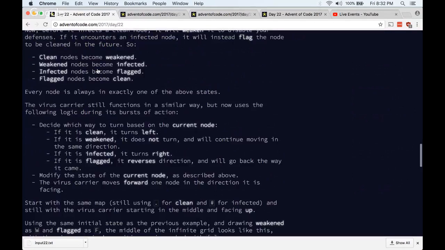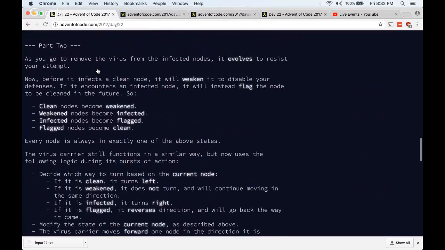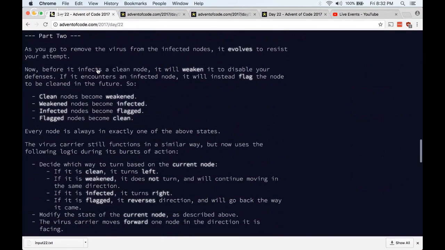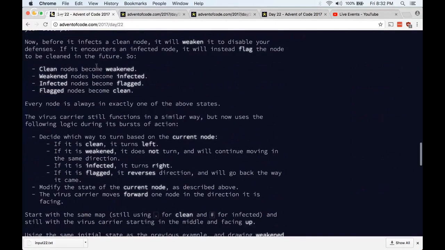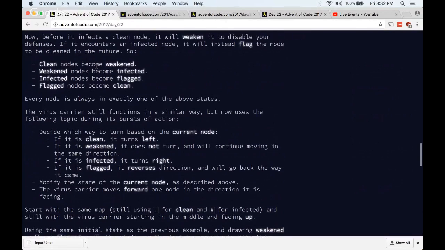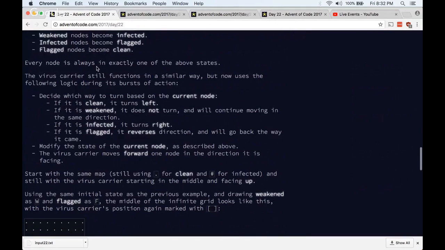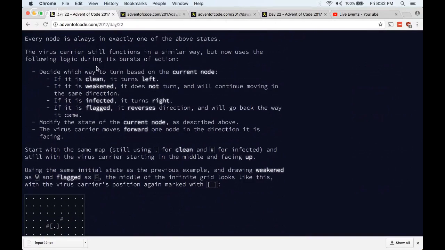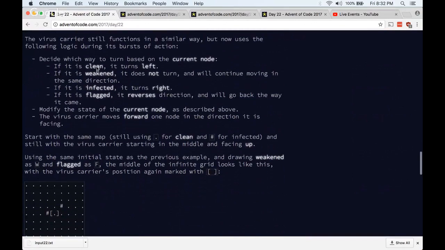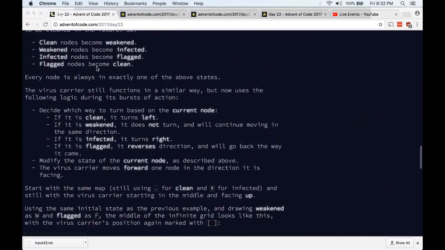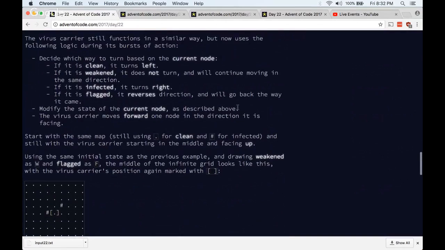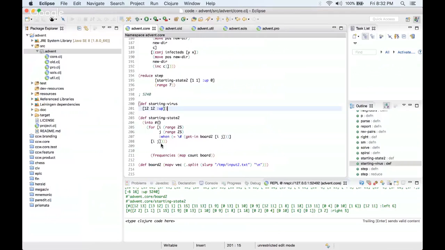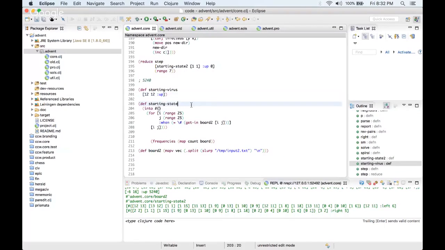All right. So let's see. Clean nodes become weakened. Weakened nodes become infected. Infected nodes become flagged, and flagged nodes become clean. Interesting. Okay. Every node is always in exactly one of the above states. All right. The virus carrier still functions, but now uses the following logic. Okay. So the main thing, start with the same map with clean and infected. Okay, so I think the main thing that we're going to have to change